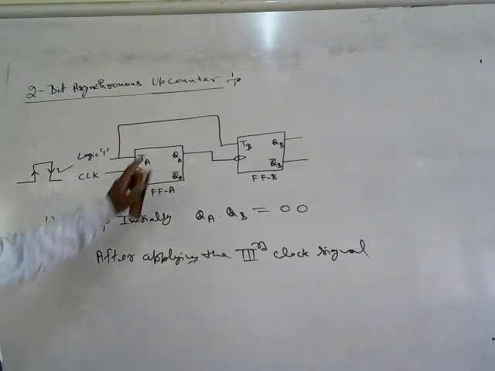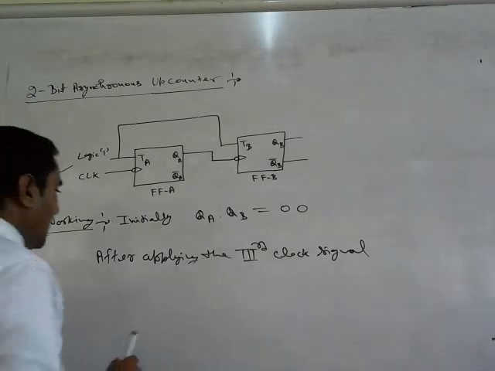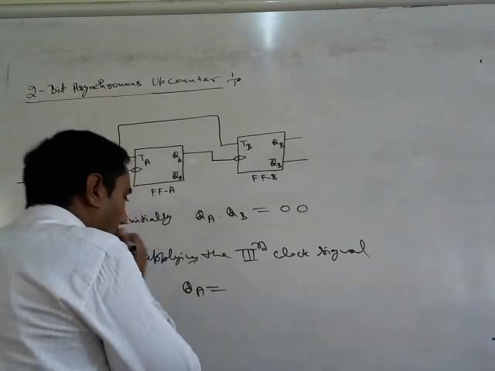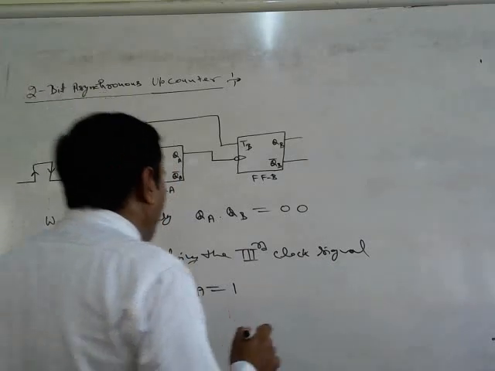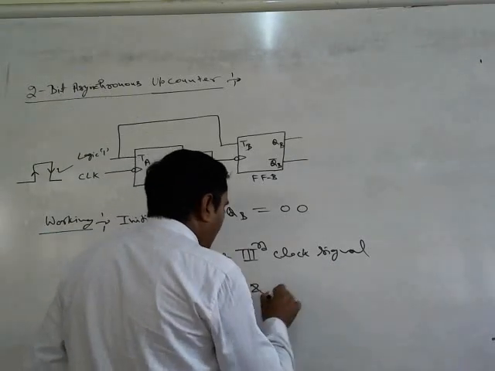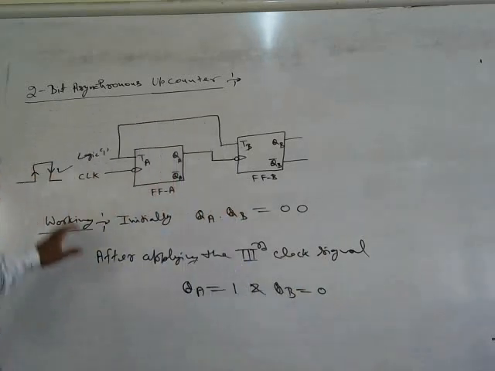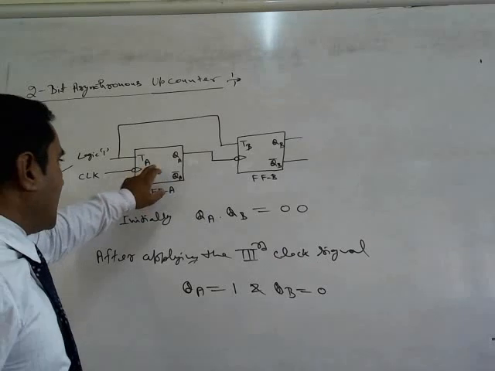After applying the third clock pulse, TA again toggles. So the content of QA equals 1 and QB equals 0